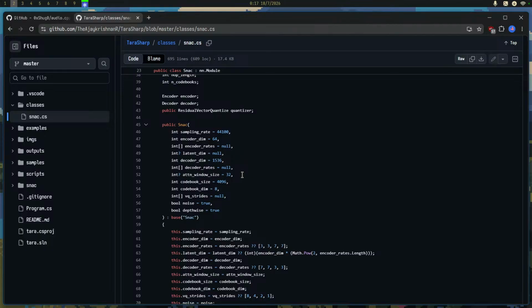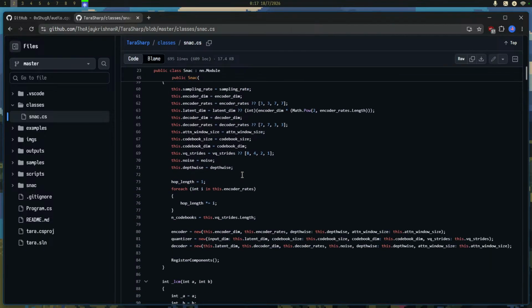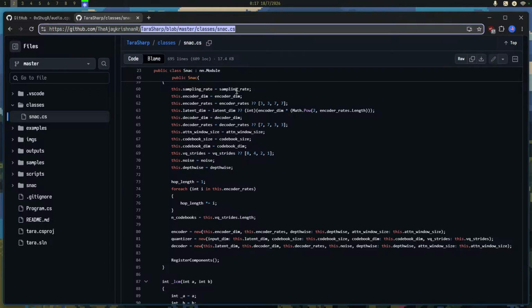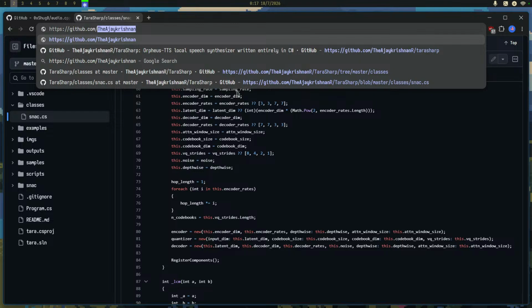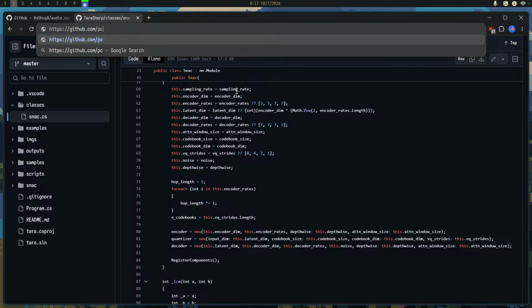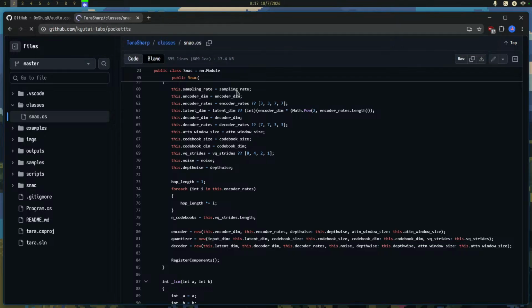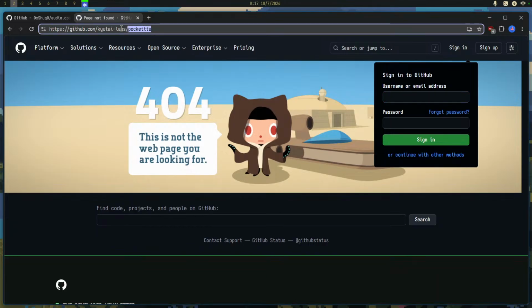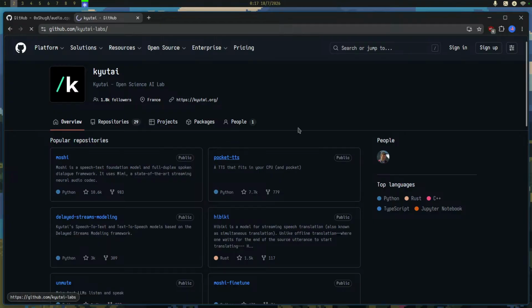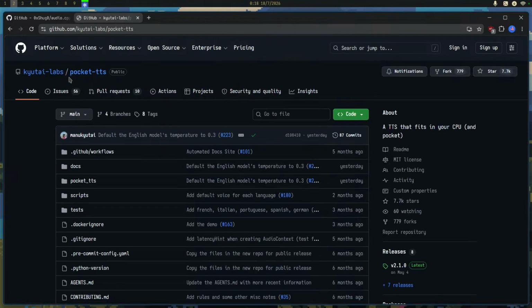So we had to get around doing some of those things, and surprisingly I did not use AI to do that, but I did use AI in porting the Pocket TTS again using TorchSharp